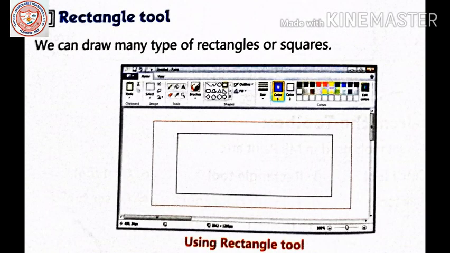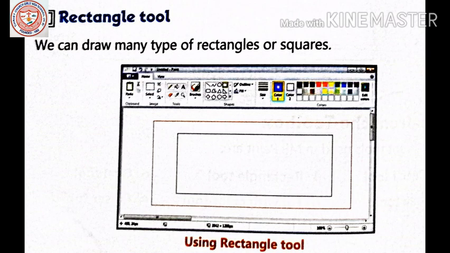Now the next tool is the rectangle tool. With the name rectangle, you can understand that we can make anything which can take the shape of a rectangle. So we can draw many types of rectangles or squares with the help of a rectangle tool.